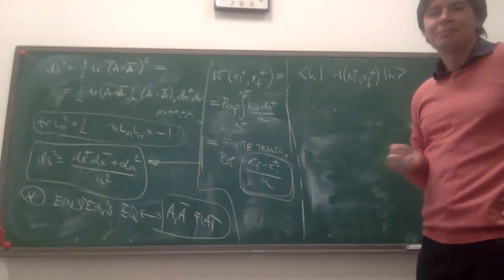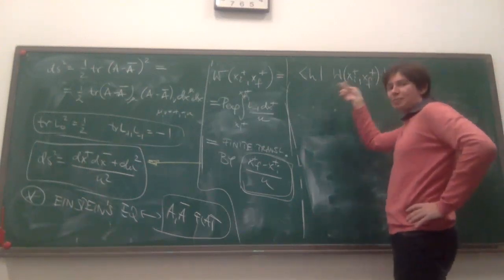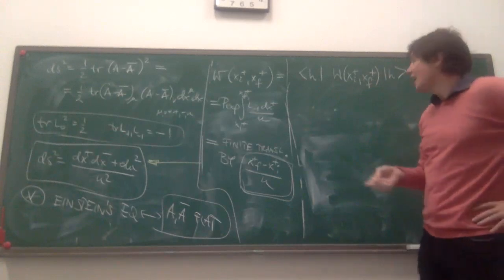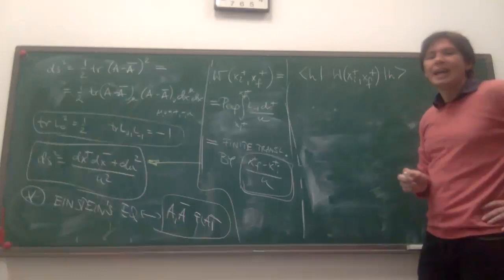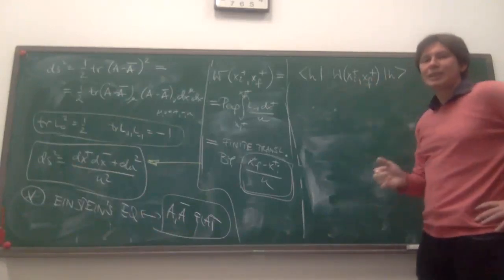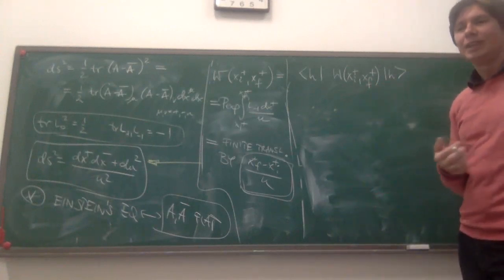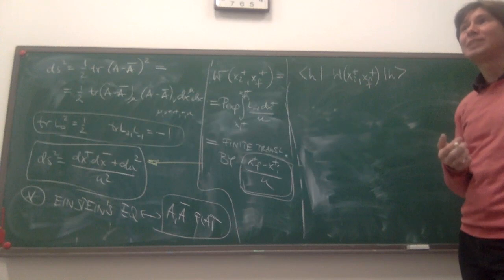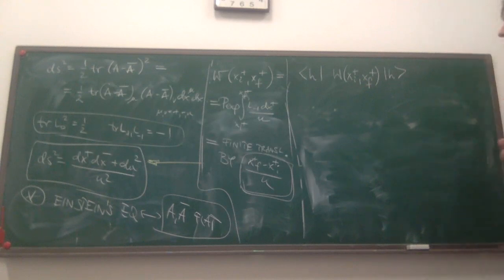Is that clear? I could also put descendants here and compute expectation values in descendants, and I can choose any h that I want. Choosing any h that I want is equivalent to declaring that this Wilson line was actually a direct sum of all representations present in my CFT. That's what that would be.